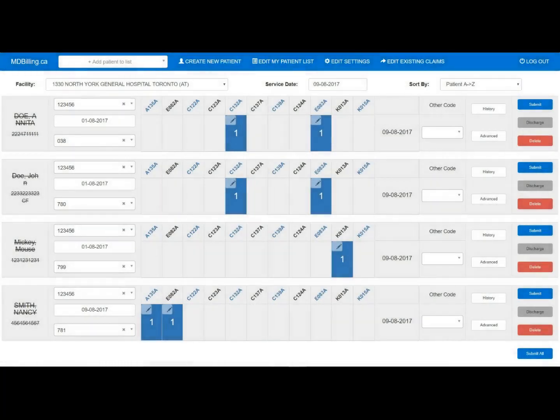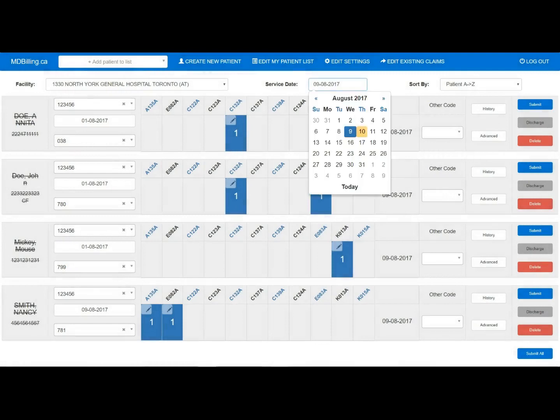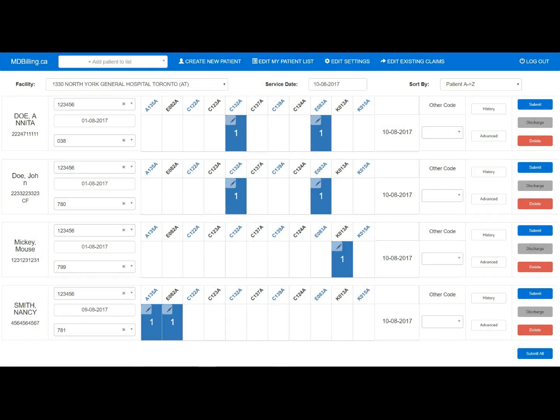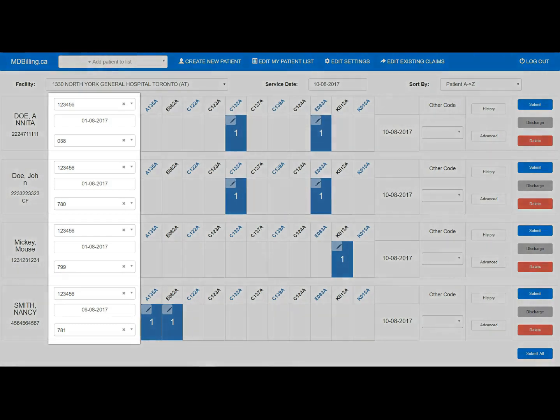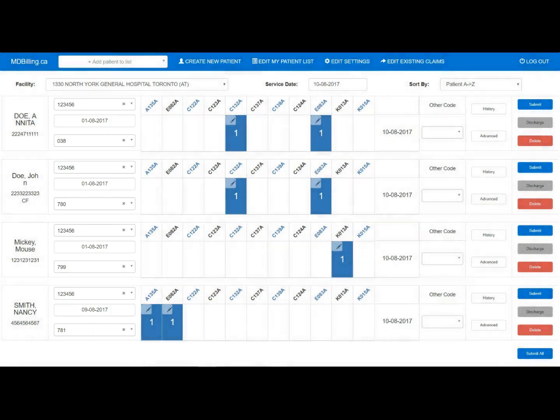As for different scenarios, let's say I need to bill patients in my list for a different date. Again, you'll notice that the admission date, referring physician, and diagnostic code have been pre-populated, and also the last service code you used for that patient. This time, I want to bill a code that I have not configured, a telephone consultation between physicians, K730. This code wasn't part of my favorite codes, as I don't always bill it, so I'll enter that in the